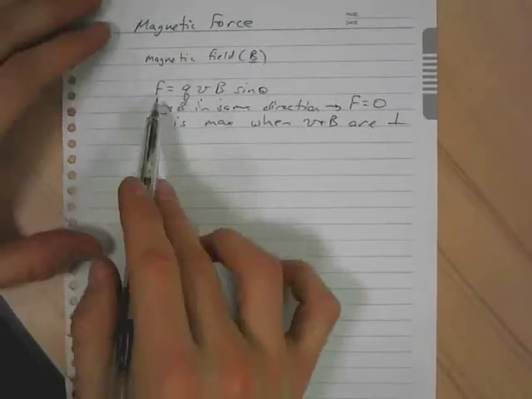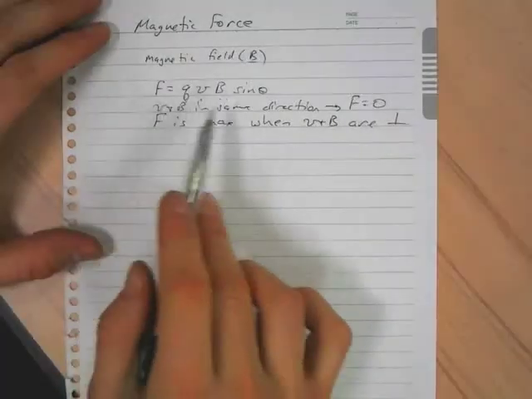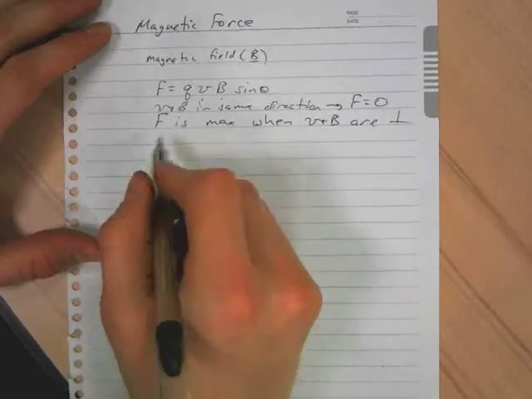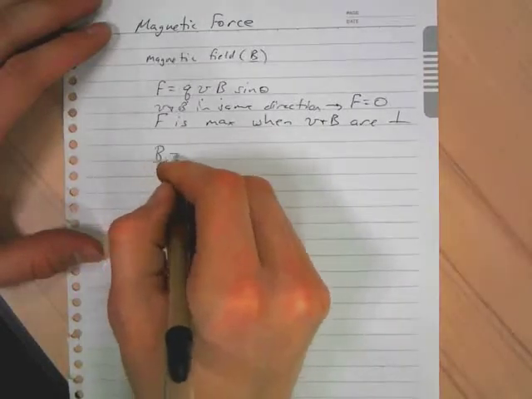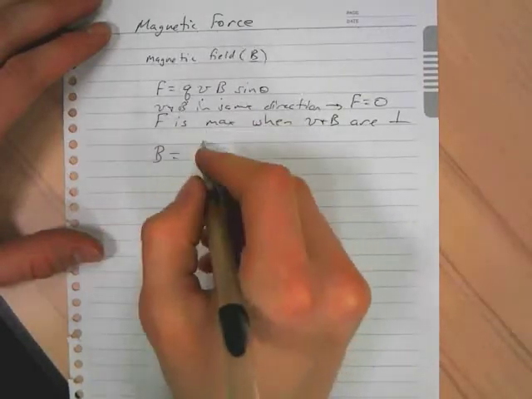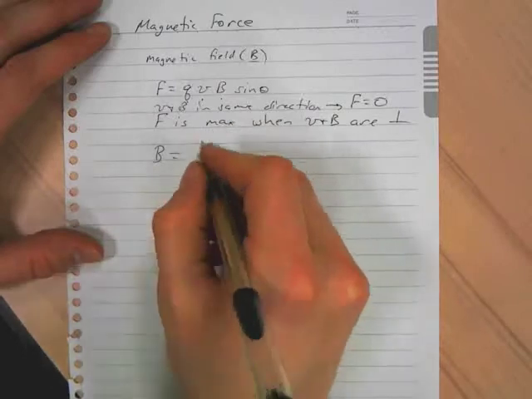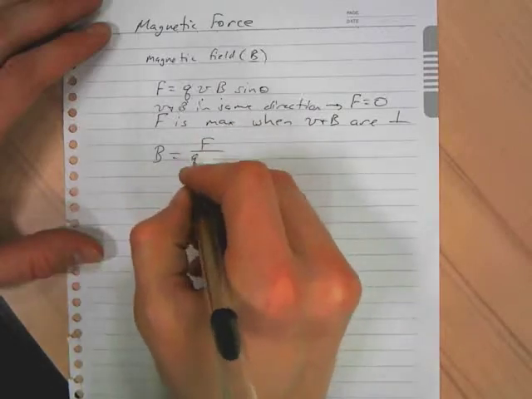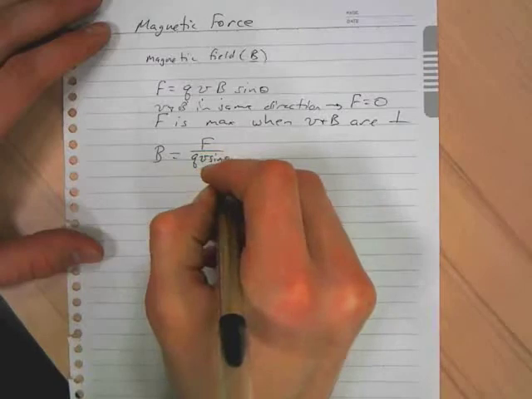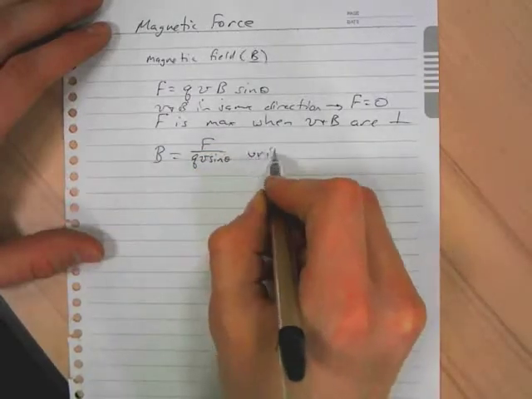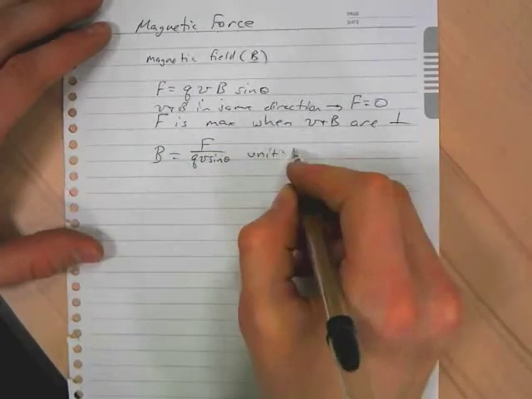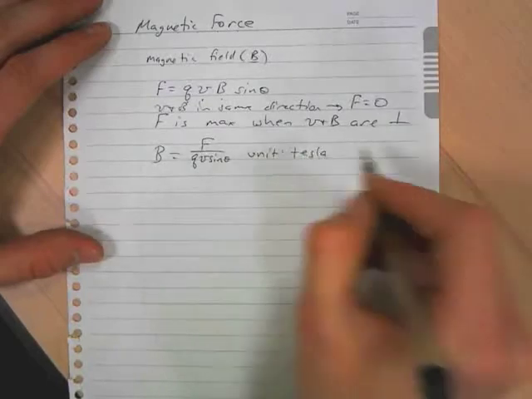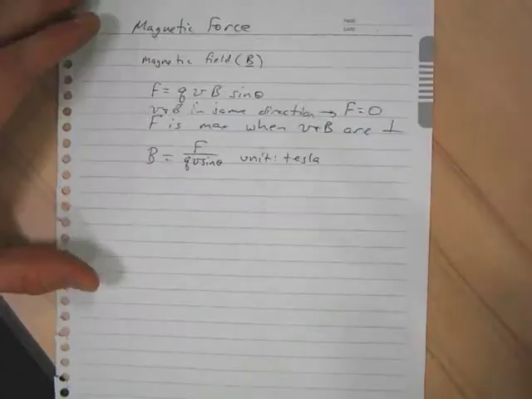But this relationship between the force and the charge and the velocity is actually kind of what defines the magnetic field. The magnetic field is, just rearranging this equation, the force over the charge times the velocity times the sine of theta. The unit for that is the Tesla, named after Nikola Tesla, who was kind of a